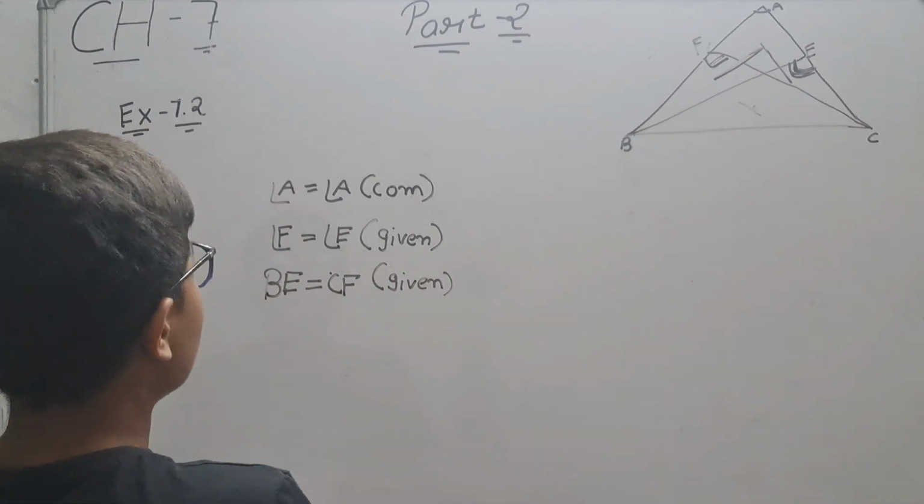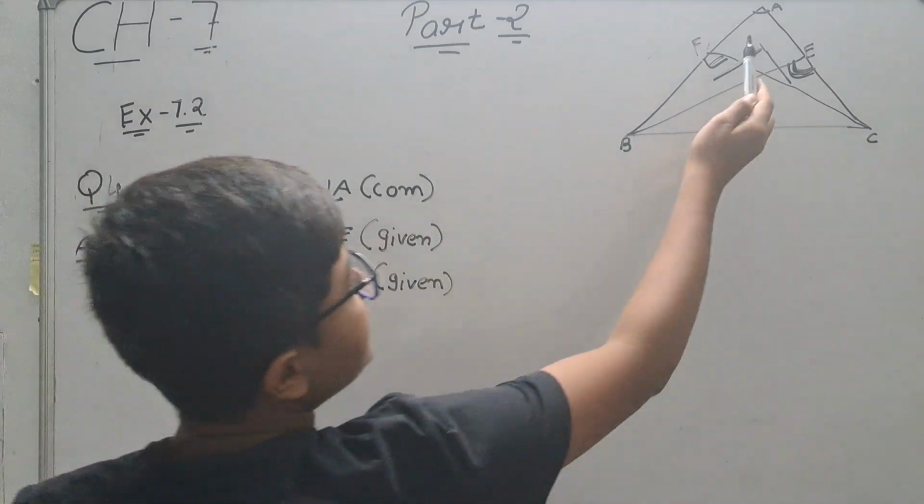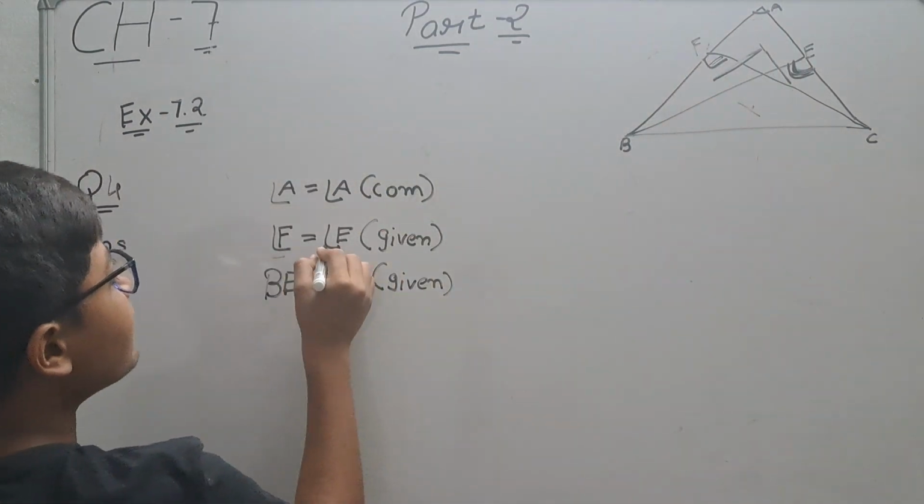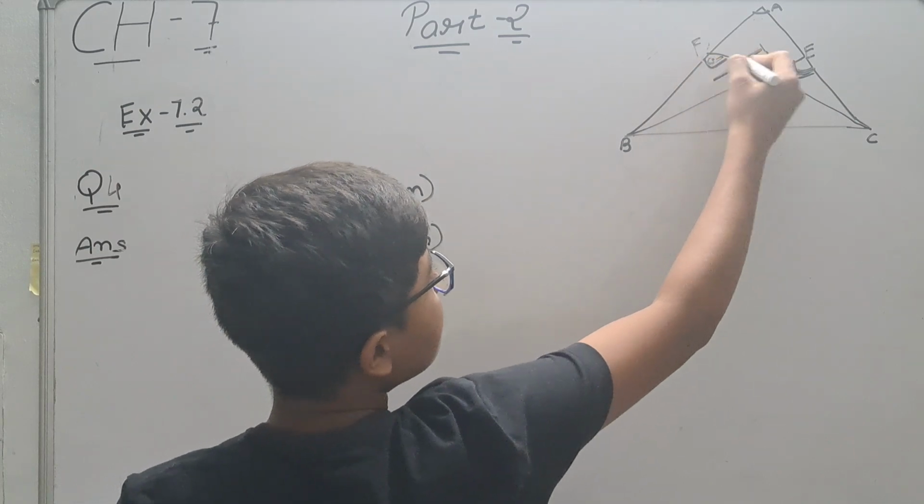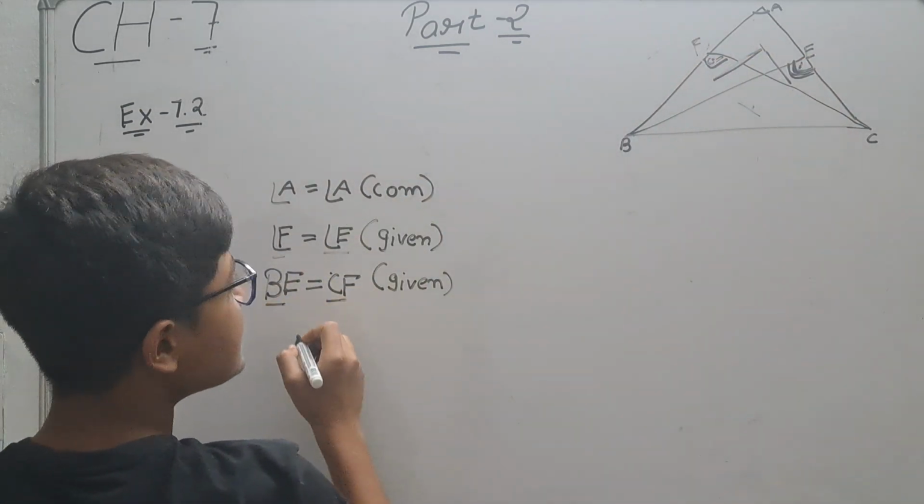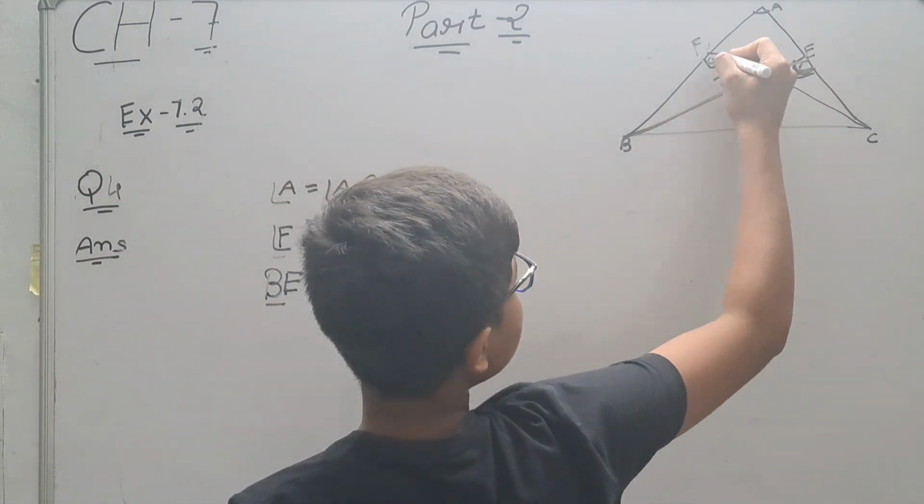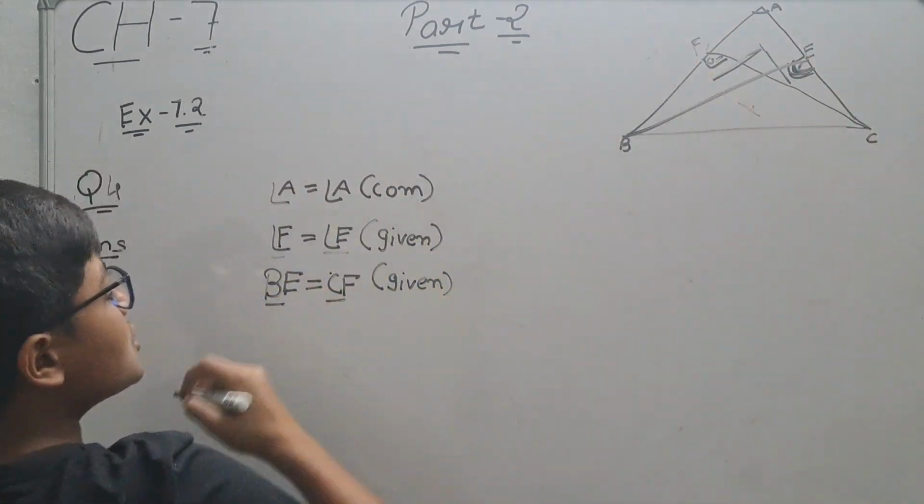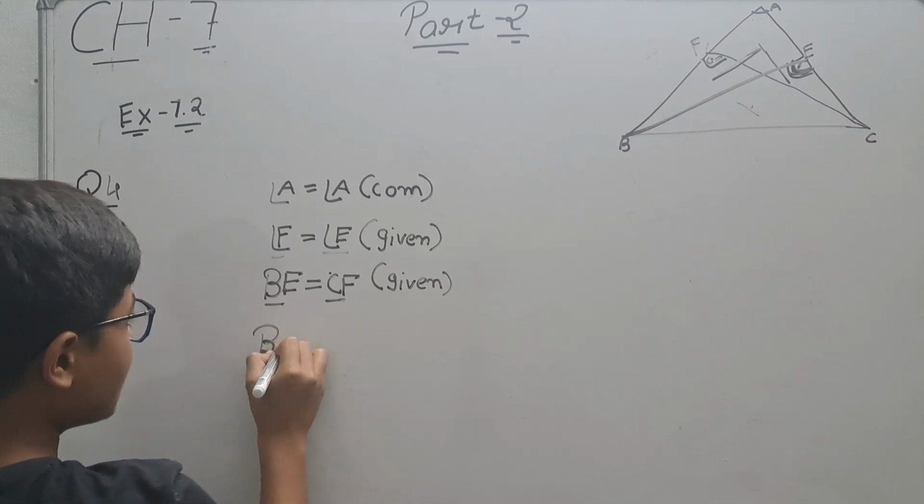Okay, students. Angle A is equal to angle A, common. Now angle F is equal to angle E. This angle is equal to this angle. Both are given. Now BC is equal to CF, BE is equal to CF. The altitudes are equal. So by